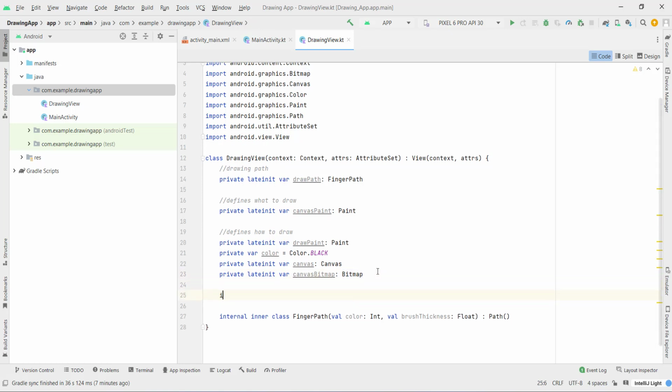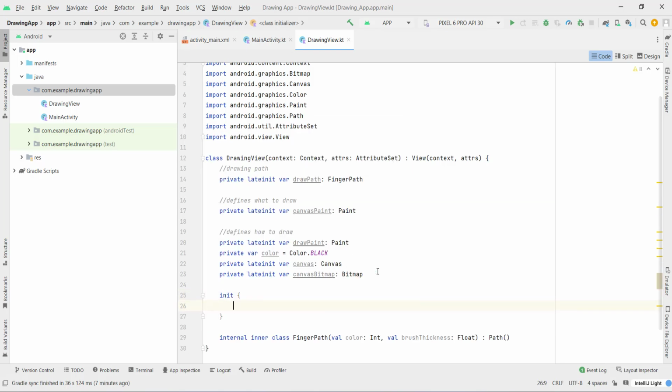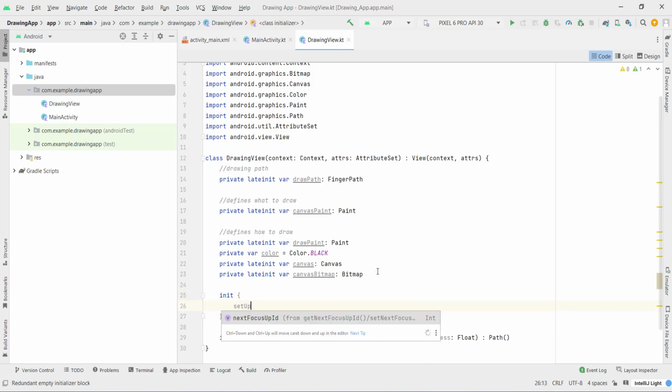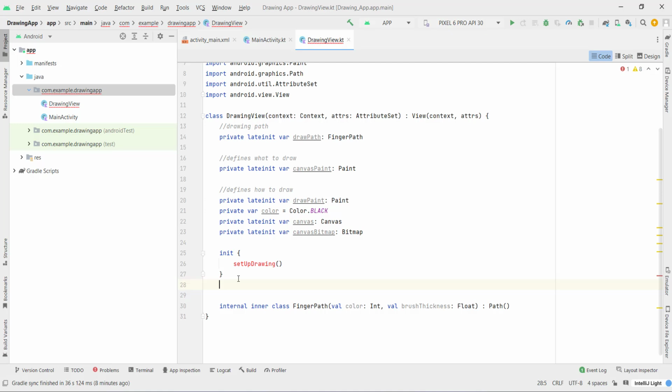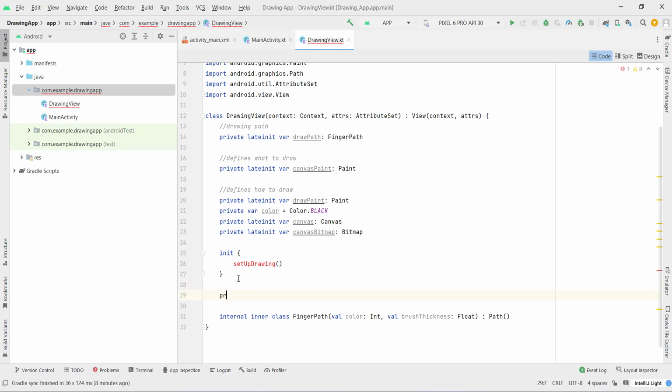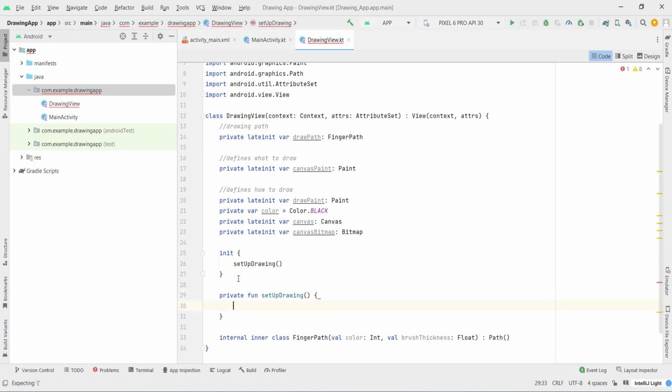I'm gonna type here init, and I'm gonna type setupDrawing, and I'm gonna create this down here: private fun setupDrawing, and I'm gonna set up our drawing. But first let's explain what we have here. So we have this draw path, the canvas paint, we have draw paint, we have the color, canvas and canvas